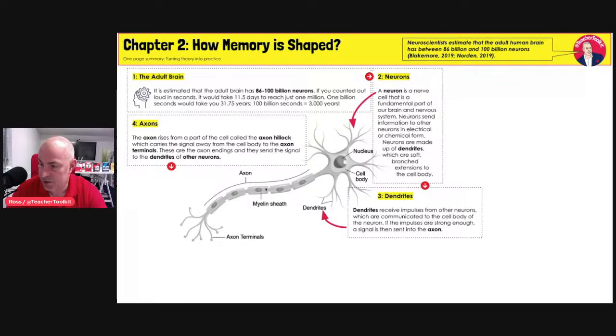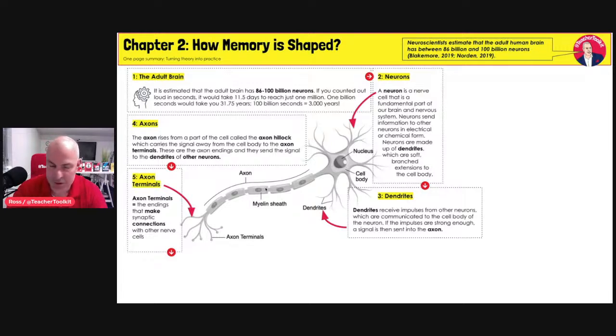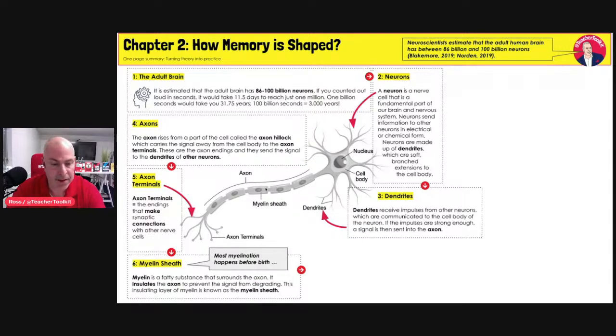Our axons, so these axon hillocks, they carry the signals away to other neurons, to other dendrites. So they kind of, I'm going to say, tickle together. That's not a very technical word. So the endings make synaptic connections. Now, if I move over to another graphic shortly, you'll see they don't actually connect. There is a kind of transmitter of information between two neurons. So that, if we put a microscope over, they form what's called a synaptic cleft, it's a bit like a charge over a magnet. So the myelin sheath, as I mentioned, most of it happens before birth, which is why